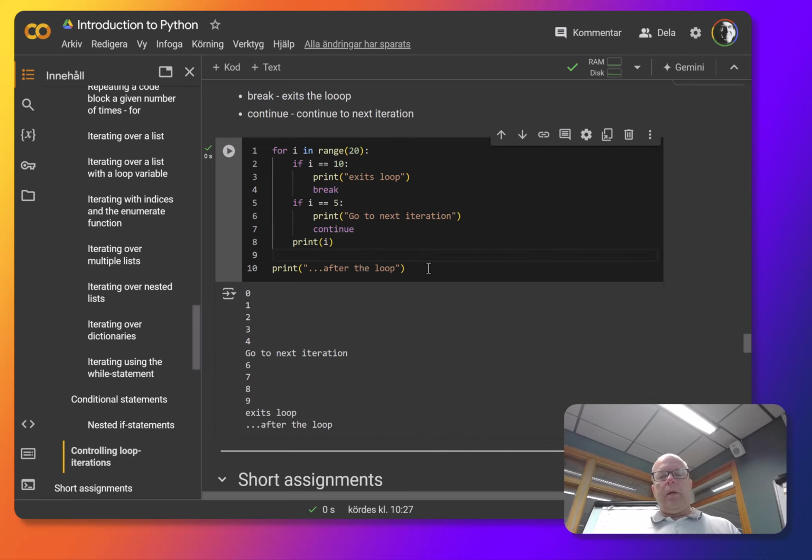Stupid question. You have nested loops. So you have i in range 20, and then for j in range 4. And then in the inner loop you have a continue. Is it always the last loop, or do you go to the very first? Only the last loop. The continue belongs to the innermost. Oh, the innermost. Okay. So you continue that one. Then you have to continue in the other one as well, or break. Yeah. So it's only the